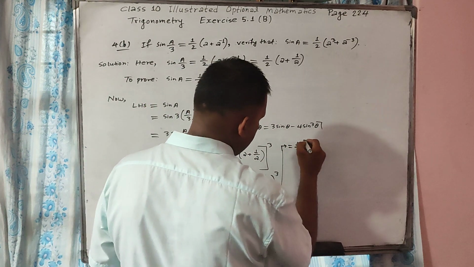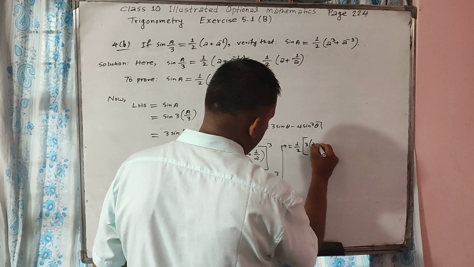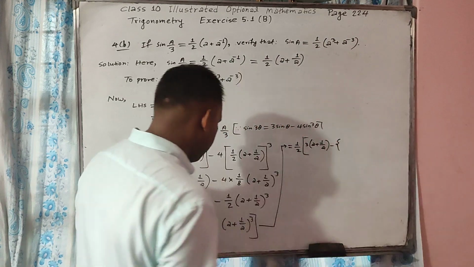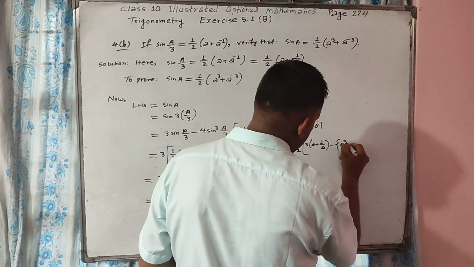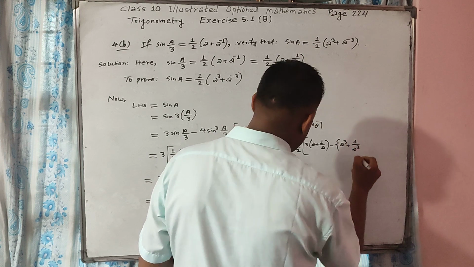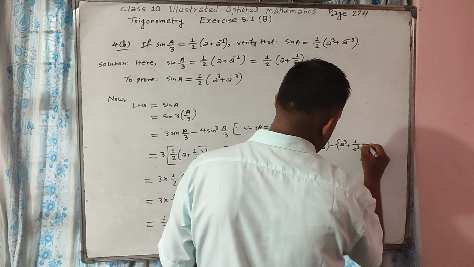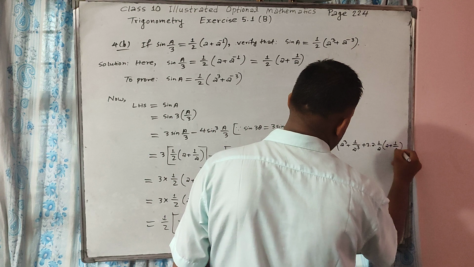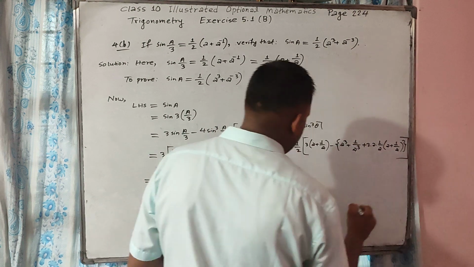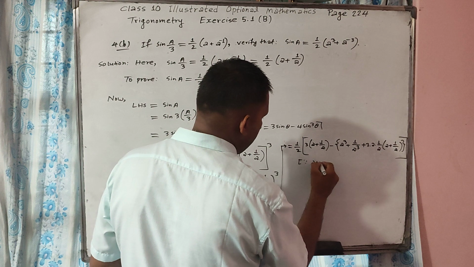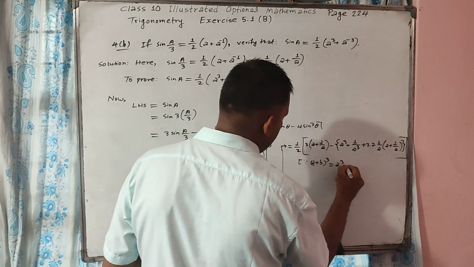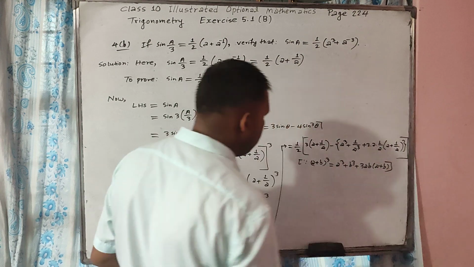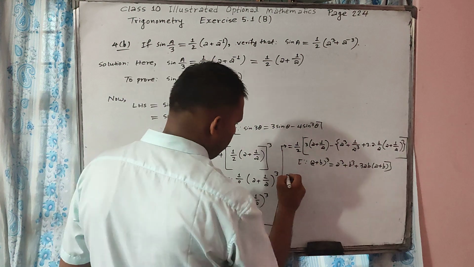One by 2, 3 times a plus 1 by a, minus. The formula of a plus b whole cube is a cube plus b cube plus 3ab, a plus b, because a plus b whole cube equals a cube plus b cube plus 3ab a plus b. By using this formula, now this equals 1 by 2,